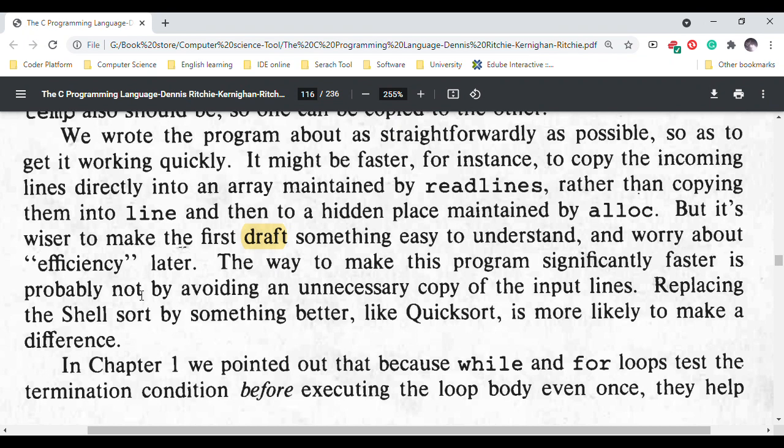We wrote the program about as straightforwardly as possible, so as to get it working quickly. It might be faster, for instance, to copy the incoming lines directly into an array maintained by readlines, rather than copying them into line and then to a hidden place maintained by alloc. But it's wiser to make the first draft something easy to understand and worry about efficiency